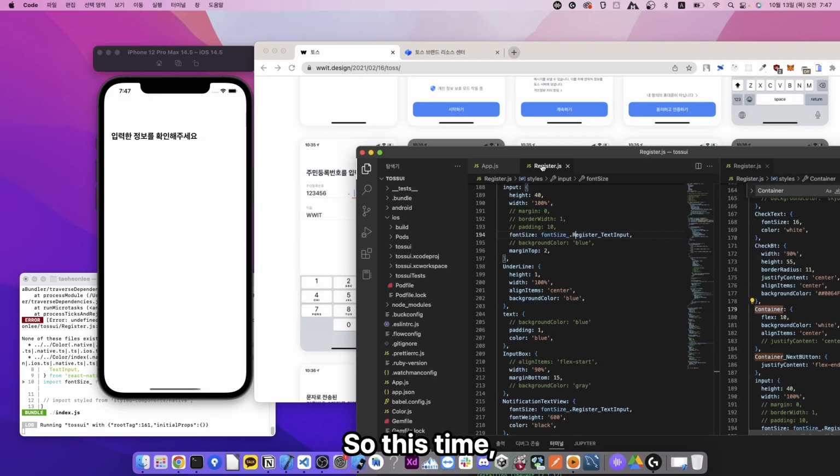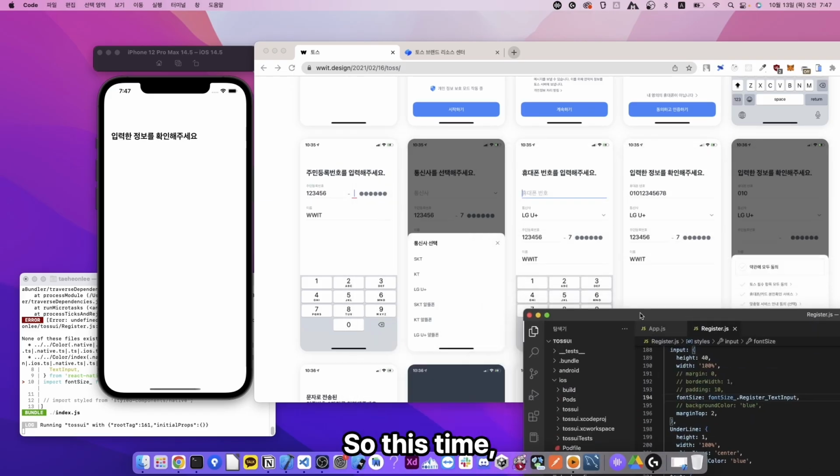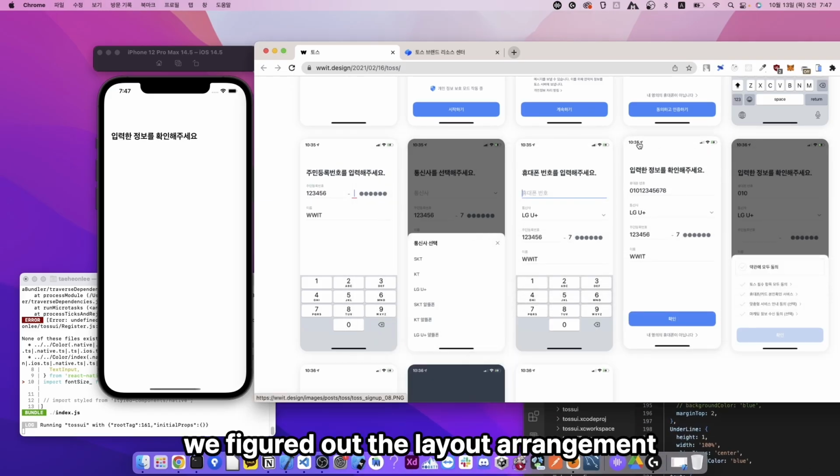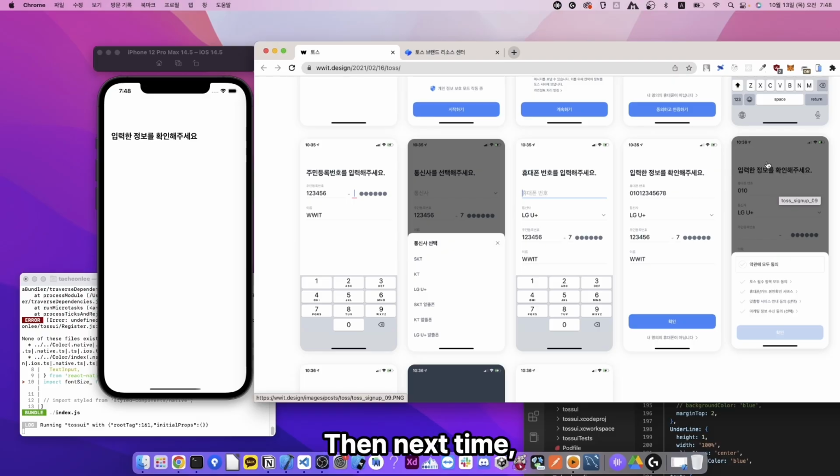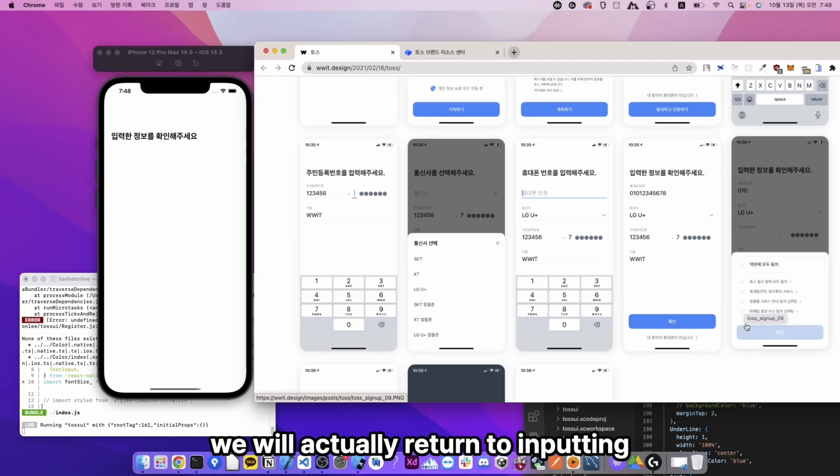So this time, we figured out the layout arrangement using a margin top here. And instead of just entering text, we specified the ratio, including this text, to set up the layout. Then next time, we will actually return to inputting